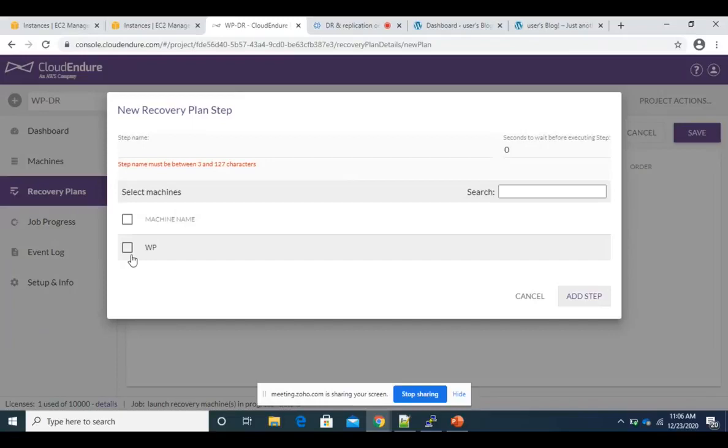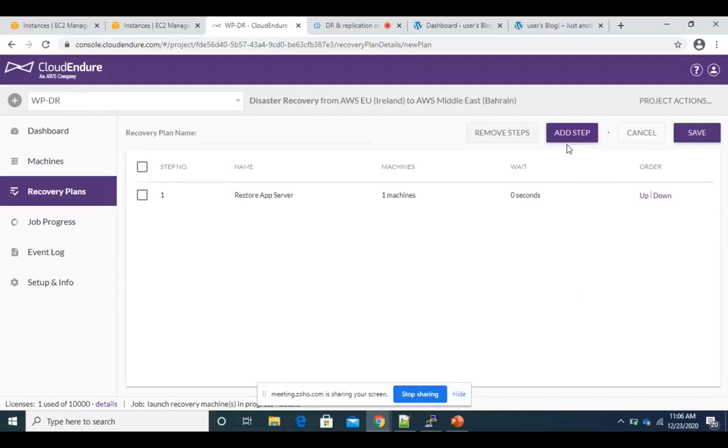So for me, I just have one machine, so I can't demonstrate that, but let's say if you have multiple machines here, you can define steps, like restore app server, right? And you can add steps and you can add the wait time as well.